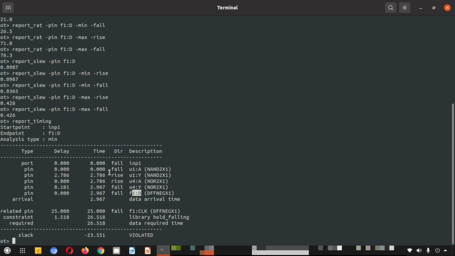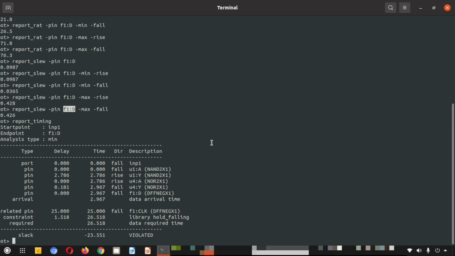So if you want to analyze this path pin-wise, you can use the same analysis. Say you are reporting slew, so you keep reporting slew on whatever particular branch you are analyzing. If you are using a max analysis, then you keep the max constant, vary the pin and note down the data.